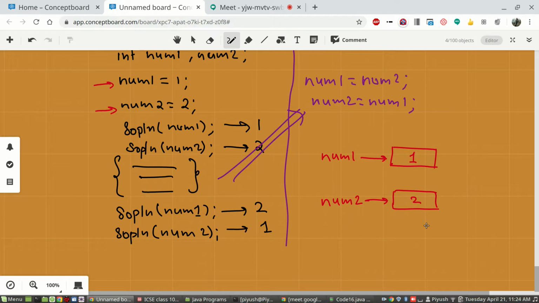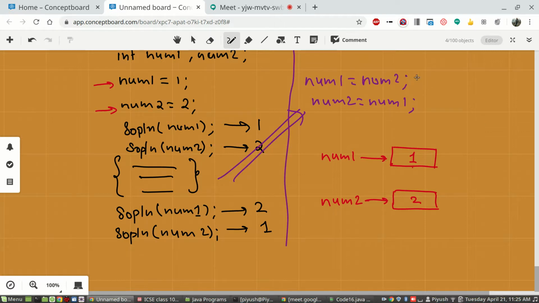Now in this portion, when you display it, the 1 and 2 will get displayed because 1 and 2 are saved. After interchanging, what would have happened? You are writing in num1, store the value of num2. So the value from num2 will be fetched.